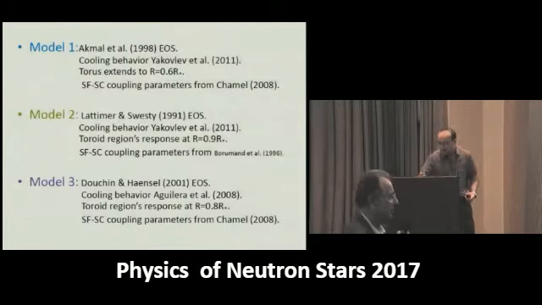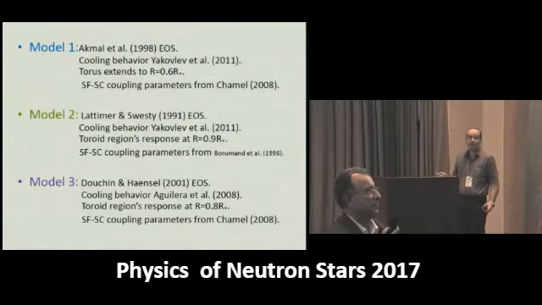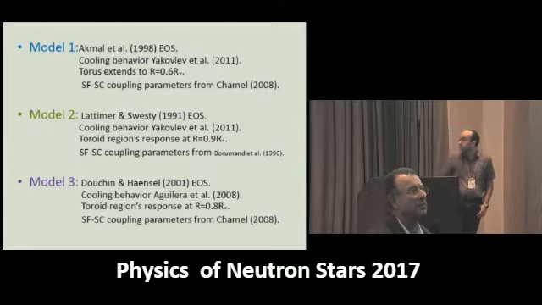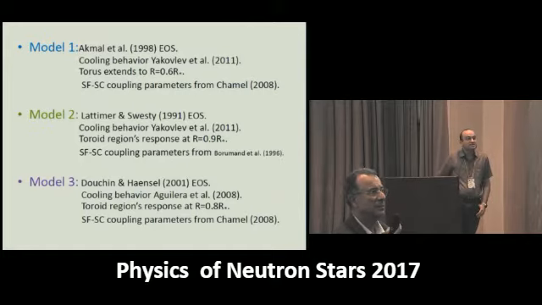The best results are obtained in the case of the Akmal-Pandharipande-Ravenhall equation of state and the Douchin-Haensel equation of state, which both allow a neutron star mass above 2.01, and I have used here a maximum mass of the neutron star of 1.7 solar mass. Okay, but it's something that doesn't come out of the glitch modeling directly, because you said in your summary that